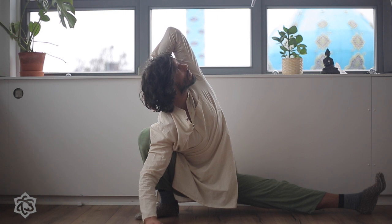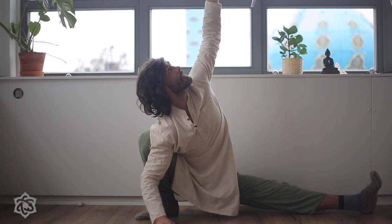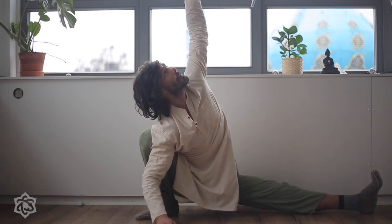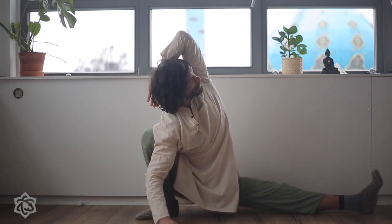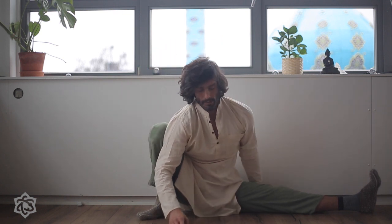chest and top. I keep the arms flexed so I don't come out of the frame. So maybe if I go all the way up, my hand will get lost out of the frame. That's why I keep it here. And very gently dropping the weight of the body on your sit bones, opening the hips, flexing both knees a little bit, allowing the hips to be free, changing the position